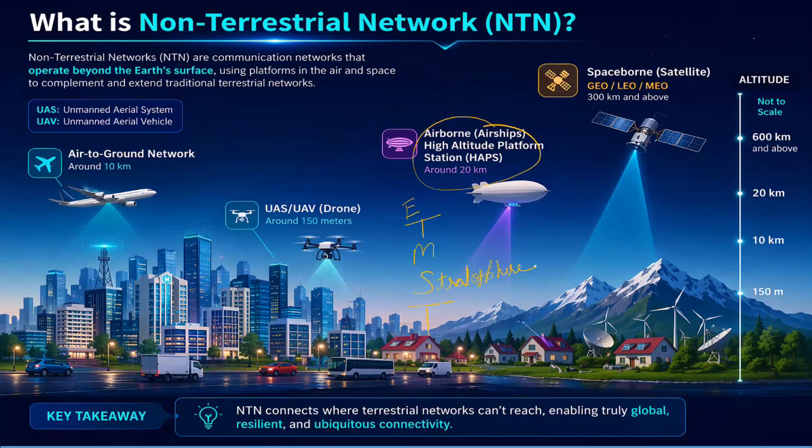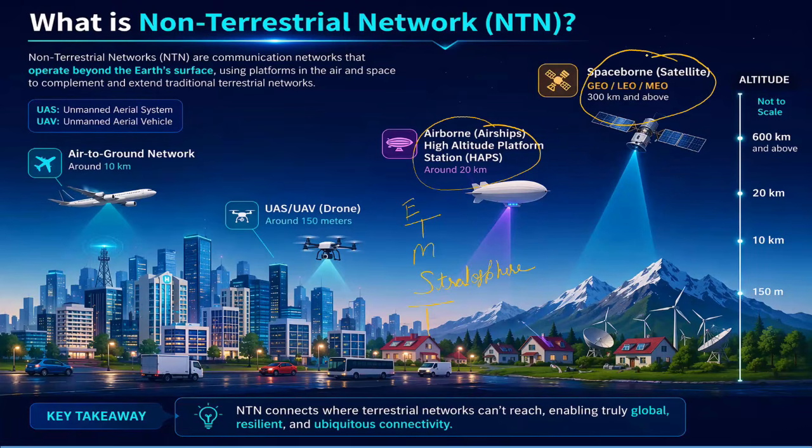So what are the key advantages of these HAPS? They have wider coverage than drones, so a small number of HAPS can be used for a large amount of coverage. And they provide low latency as compared to satellites. And finally, we have these satellites, GEO, LEO, and MEO, and they operate at about 300 kilometers or above. This is what enables global connectivity, even in oceans, deserts, remote regions, mountains, etc. So this is very critical for 5G, 6G, NTN integration.